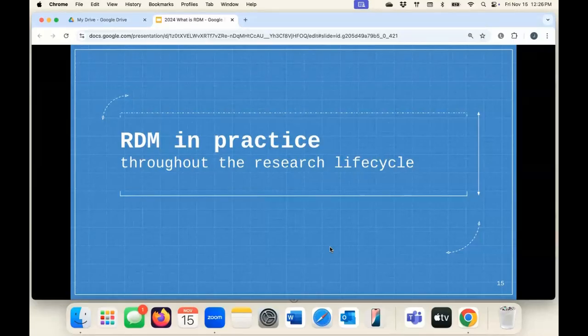And this is the part where I want you to think about, like, what do I do now? Or what do I know about now in each of these phases of research? And what seems like something I can start incorporating. So it's not necessarily that you have to do all of this all at once for every single project, but sort of like start wading into the water, right?